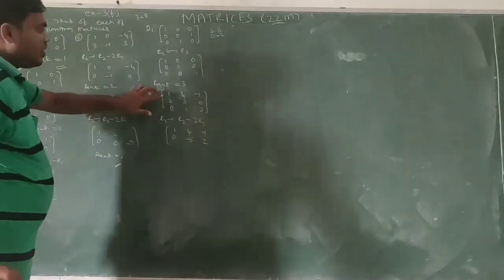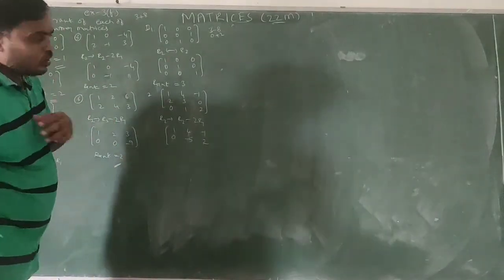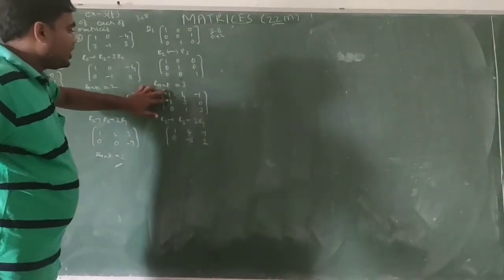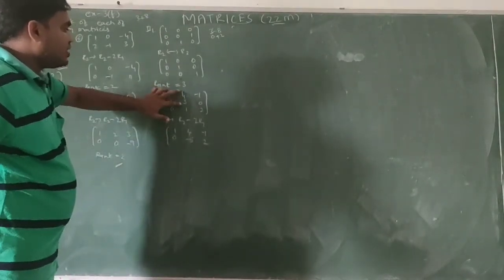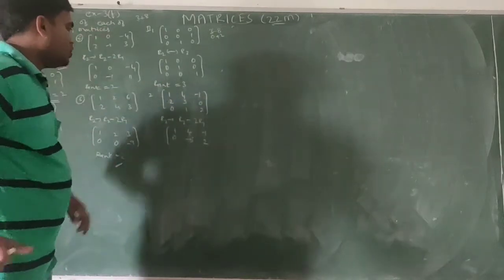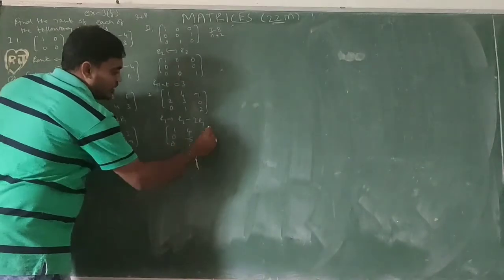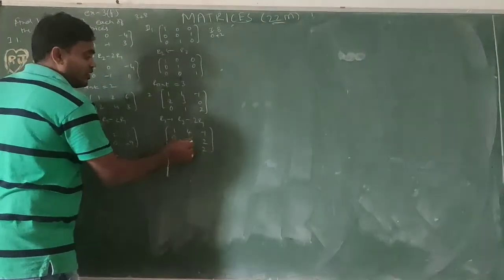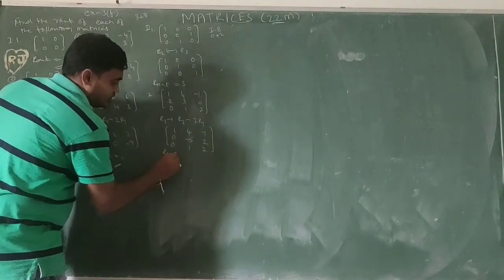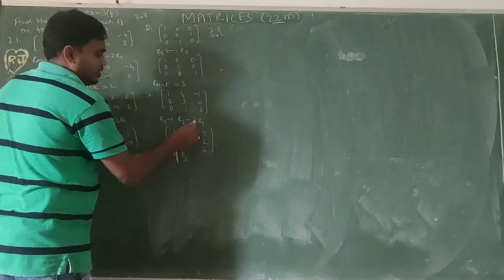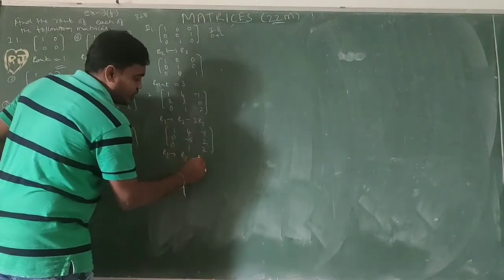Again 1 4 minus 1 2 3 0 0 1 2. So 2 minus 2 0 3 minus 8 3 minus 8 minus 5 0 plus 2 2 0 1 2. Now I want to convert minus this 1 as 0 with the help of this one. So R3 changes to R3 with the help of R2.